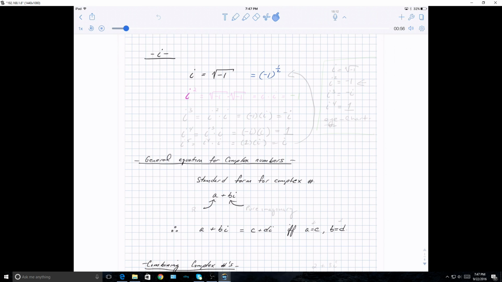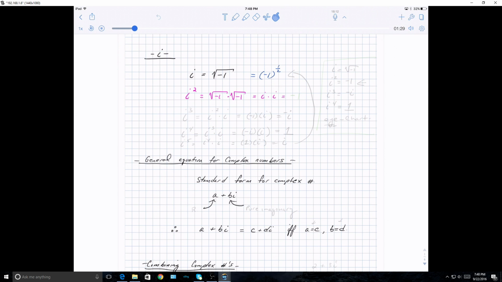If I ask for i squared, that's just going to be the square root of -1 times the square root of -1. Well, that just means it's i times i, but more importantly, it becomes easy to see that this is in fact